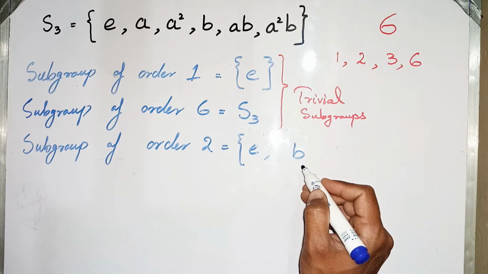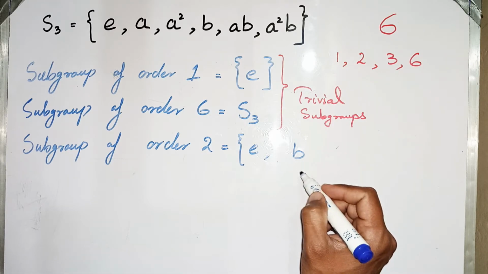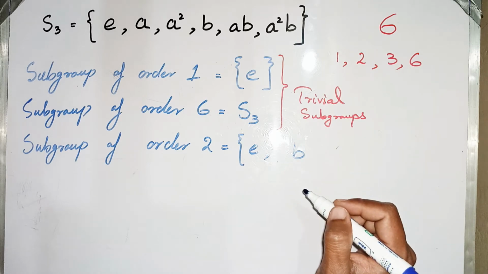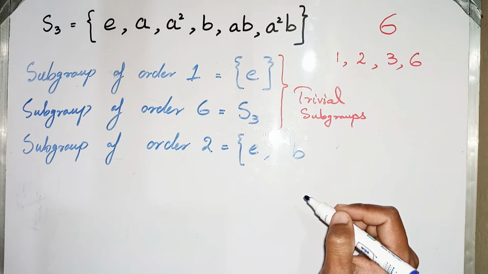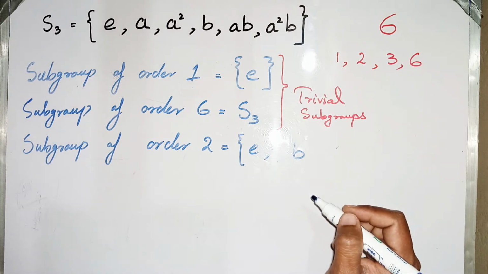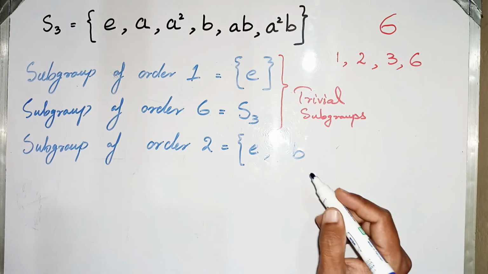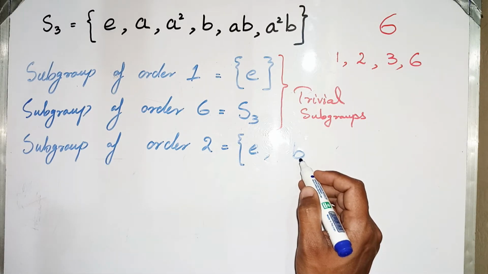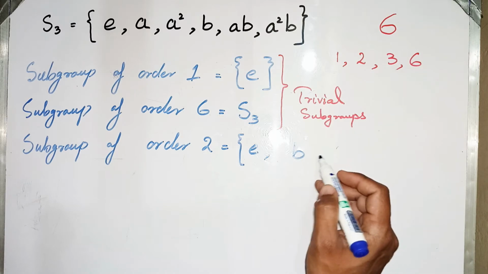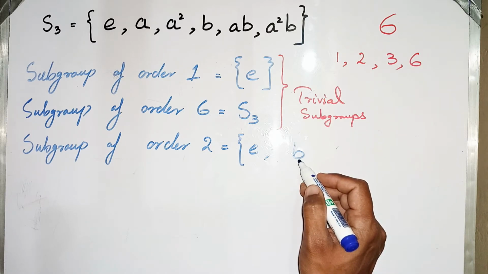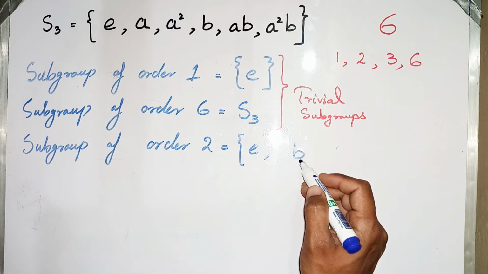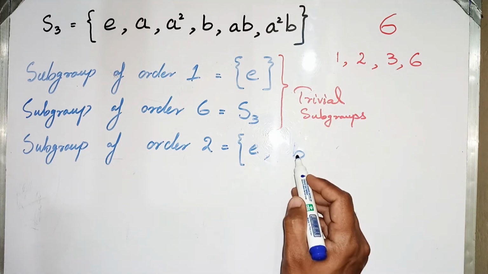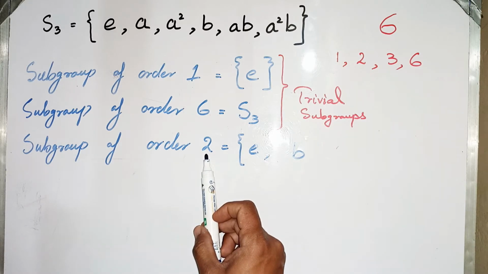And you know that by the Cayley table of S3, there is one of my videos related to the S3 group and its Cayley table. You should watch that video. As you know, the inverse of B is also B. So we don't need to write any other element. So B is the element which is its own inverse. You are looking, there are two elements in the group, as we are writing a subgroup of order 2.